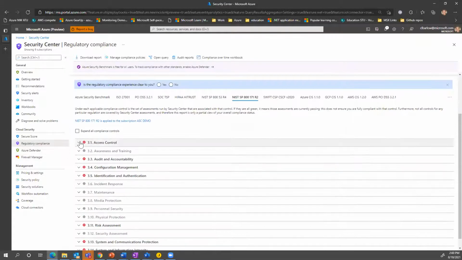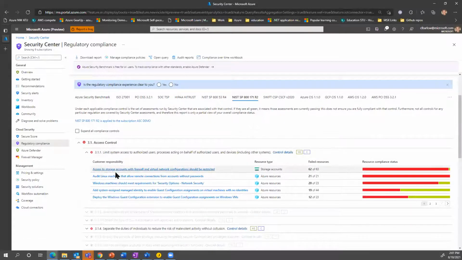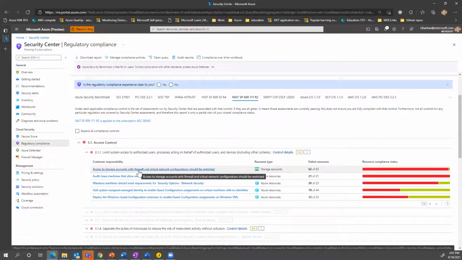And you'll see that it's the 3.1 family of access control. Then I can drill into it, and it's literally going to give me the control. So we map the policy all the way down to a technical control, or what we would call an Azure policy that evaluates if you're meeting the compliance perspective.